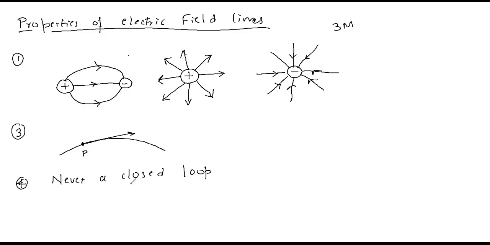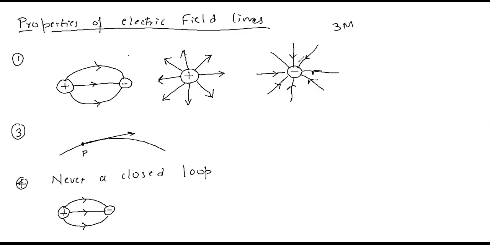See, consider a dipole. The dipole is drawn over here, but still I'll draw it again. One is positive and one is negative, equal and opposite charges separated by a certain distance. If we consider the dipole, the electric field, as stated in the first property, originates from the positive charge and moves towards the negative charge. So the arrow direction will be facing the negative charge, and it doesn't come in the reverse manner. It doesn't originate at the negative charge and move towards the positive charge.